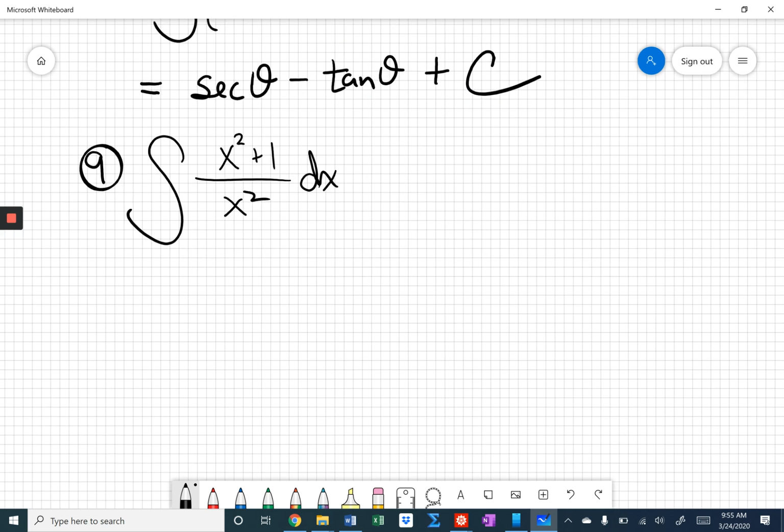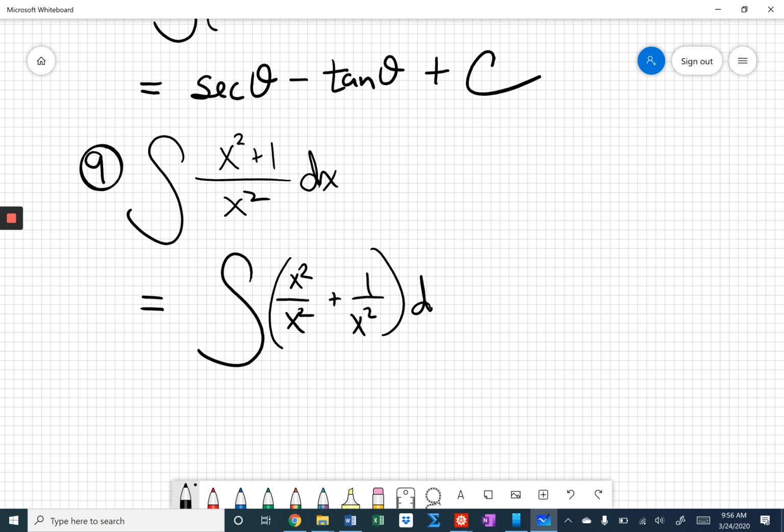For number 9, we have this expression here. And again, we don't have a rule. Similarly to the previous example, we don't have a rule for a quotient. So you can't take the derivative of the numerator and the derivative of the denominator and divide and get a correct result. You need to do some algebra first, okay? So I'm going to separate the fractions here. So I'll do this longer than I care to do it normally, but just so everyone can see what's going on. I can separate the fractions like this, and then I could further rewrite this as the integral of 1 plus 1 over x squared with respect